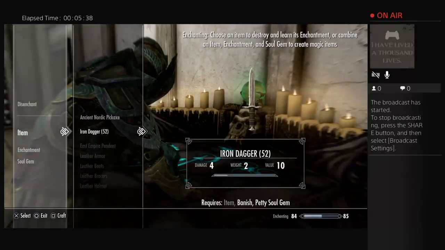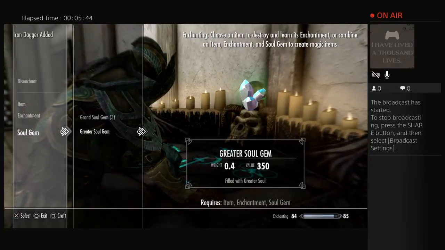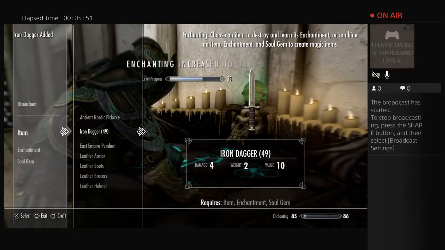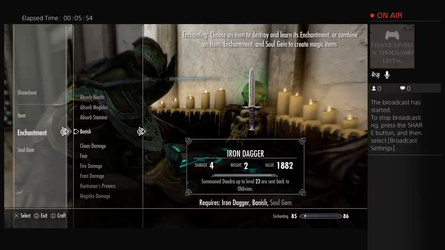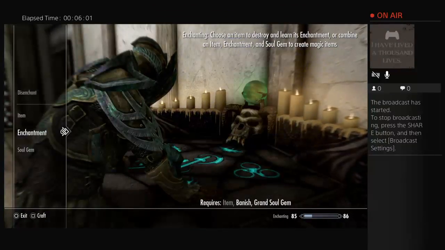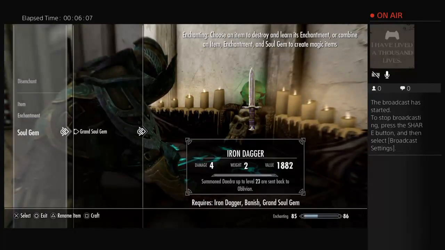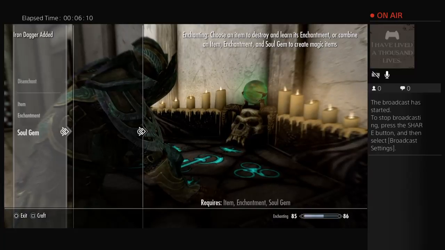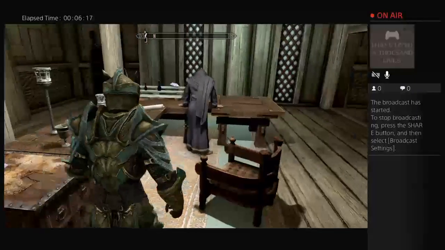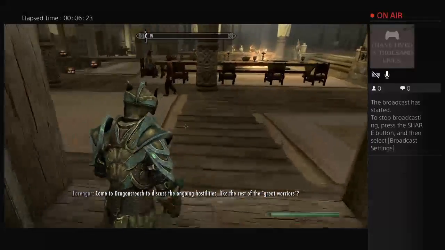Using everything. Now, normally I say keep 4 grand soul gems in your inventory at all times so you could enchant your items for a specific set skill, but with this we are actually going to need every soul gem we could get. Alright, now we are going to go down to the beggar,